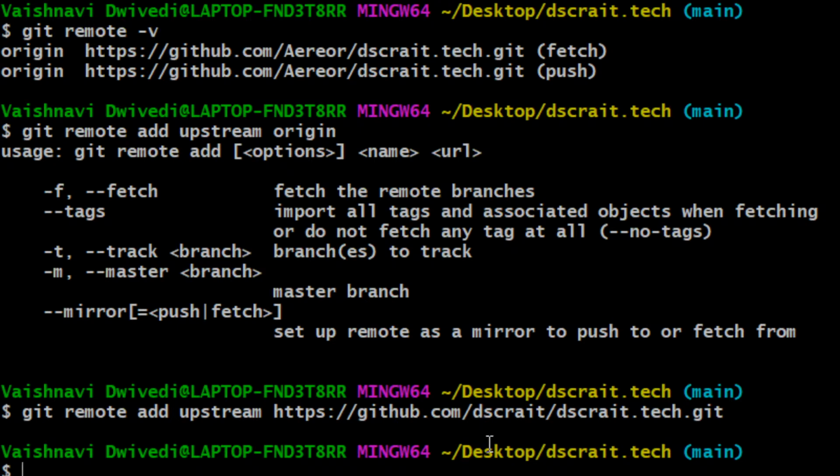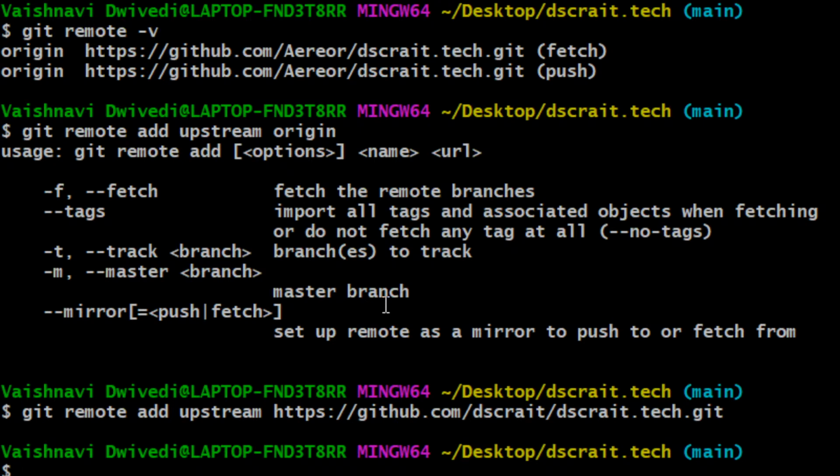Upstream will help me keep my repository updated. This is something people are usually very confused about, like how to update their fork, their copy of the repository. So this is how we'll be working, with the upstream alias used for the actual